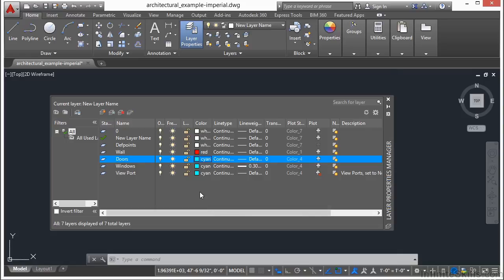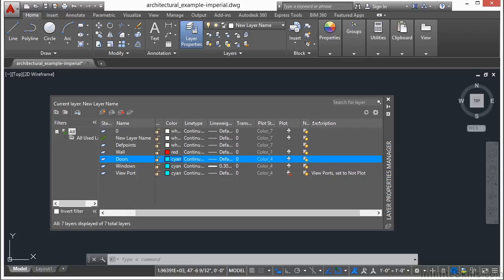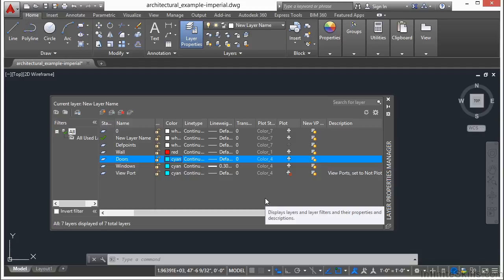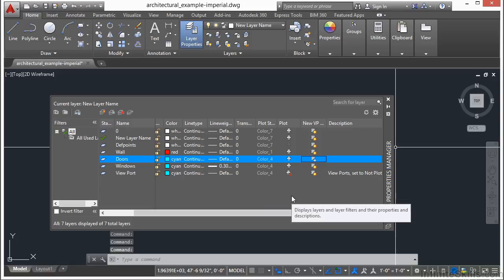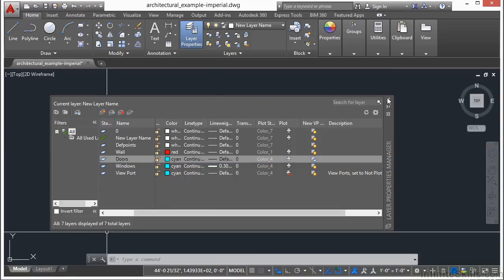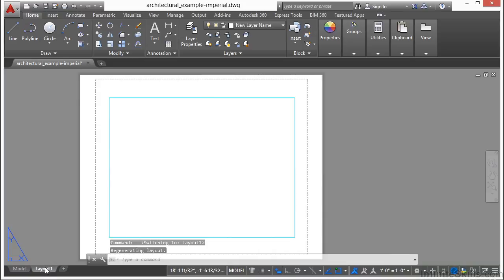You can also create layers that are automatically frozen the first time they appear in a new drawing or layout. That's what this option is right here. Now you might want to do this if you're working on an existing drawing and you're adding a new feature to it that needs a new layer. Turn that off, and what will happen now is whenever a new layout is made, that layer will automatically be turned off. So if I close this, I go to a layout,